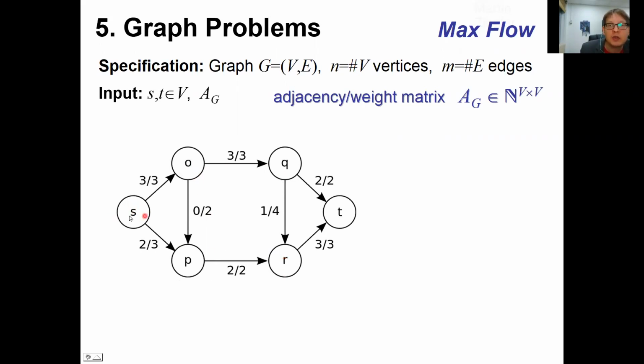So this here is called the source. This is where all the water comes from, because there's nothing entering, no edge entering the source. This is the target. This is the drain, where all the fluid in the end ends up, because there's no outgoing edge. And in any other vertex, there's no water miraculously appearing